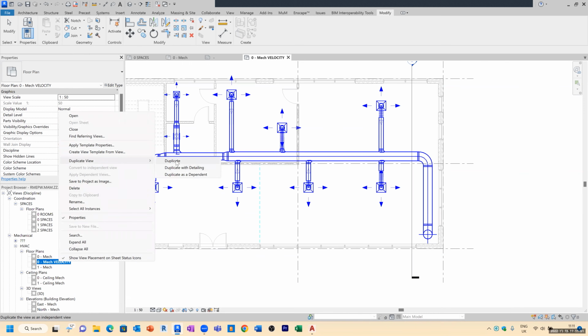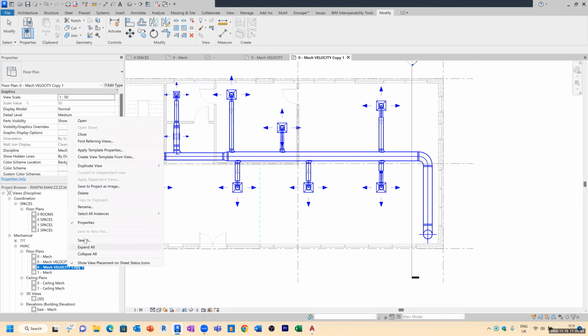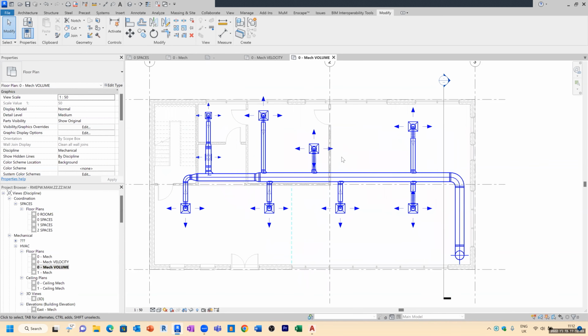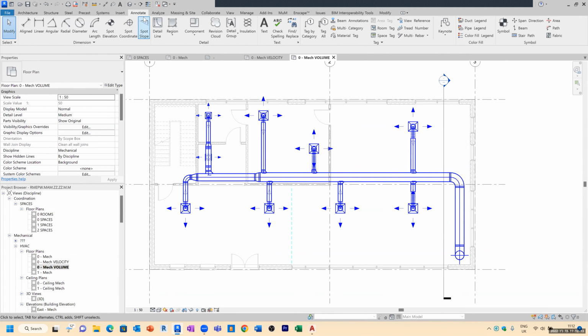Duplicate this view again, and let's rename this to volume. What I'm going to do here is add some color fills. These are going to be a visual representation of what's going on in this design using a legend and some color fills. If I go to annotate and duct legend,